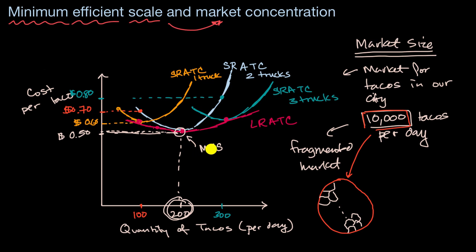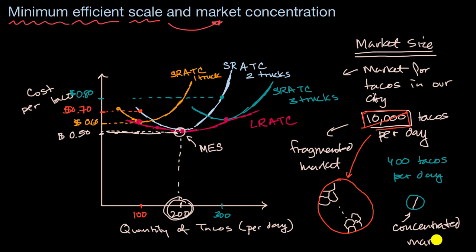But let's say that the minimum efficient scale was pretty close to the market size. So let's say instead of a market for 10,000 tacos per day, let's say that the market in our city is for 400 tacos per day. Well, then the market is going to be smaller like this. And so then it makes sense that if someone's able to get to the minimum efficient scale, they can take up a lot of the market. In fact, they could take up half of the market. So this type of market might only be able to really support 2 players. So this is considered to be a far more concentrated